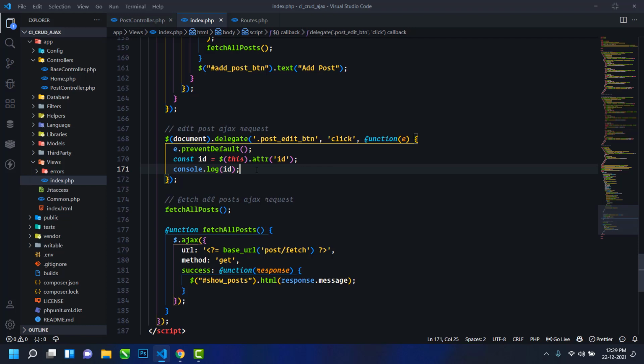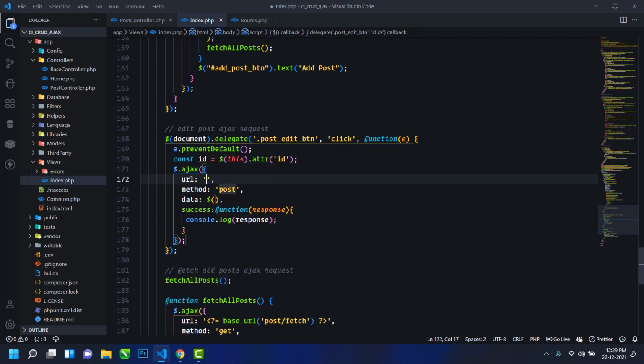Now next, I will send another AJAX request to the base URL post/edit, along with the id. So here I will concatenate this, and here I will pass the id.